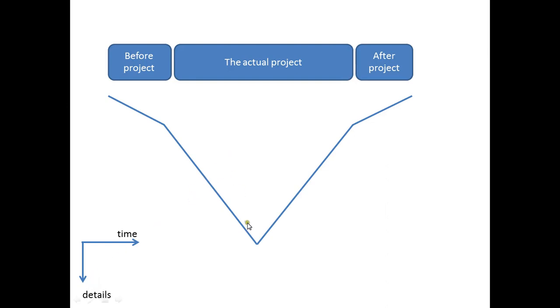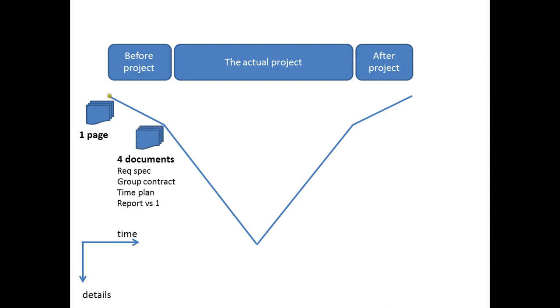And the more detailed, the more you go down. So here in the beginning of the project, you're given a 1-page or 2-page summary of the entire project. What is the basic idea that the customer has that he or she wants to get done here? And then basically what happens in this first phase, in the first couple of weeks, is that you, in communication with the customer, in communication with the expert, and while reading in on the literature, you convert this 1-page summary to 4 documents, which I will go through then in the next